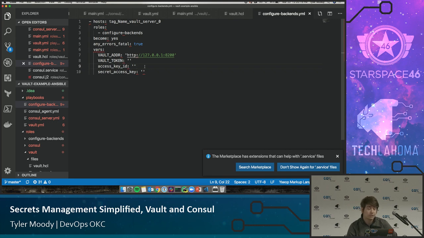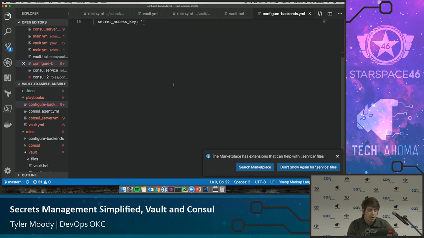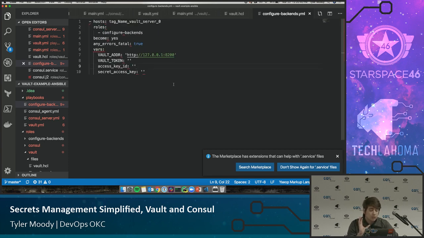The root token is exactly what it sounds like. Honestly, you should throw away the root token when you get it so long as you have your keys, because you can always generate a new one, and you don't want anybody getting access to root unless, you know, maybe you want it, so I could understand that. I definitely wanted it. But in general, throw that away. Don't keep it. And I think you can actually invalidate it after you unseal as well, but I can't remember for sure on that. So I'm going to pass those things in, and then I'm also passing in an IAM